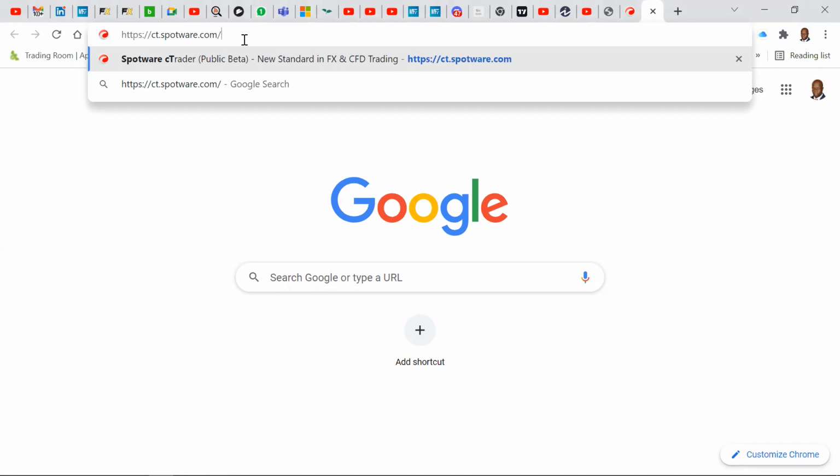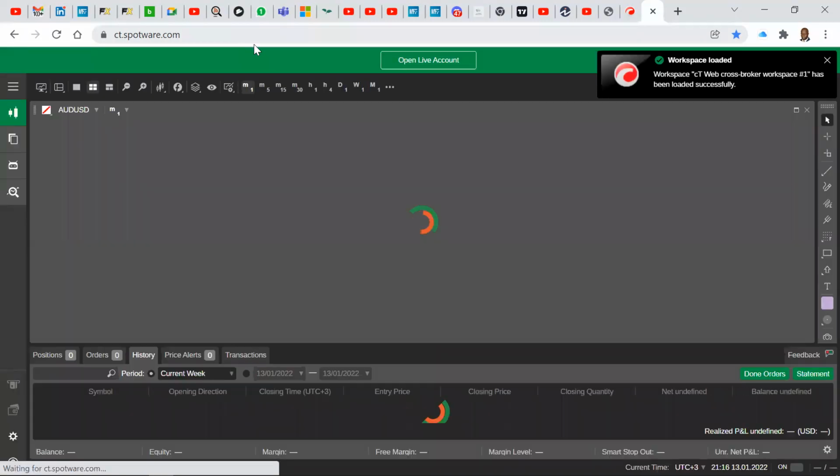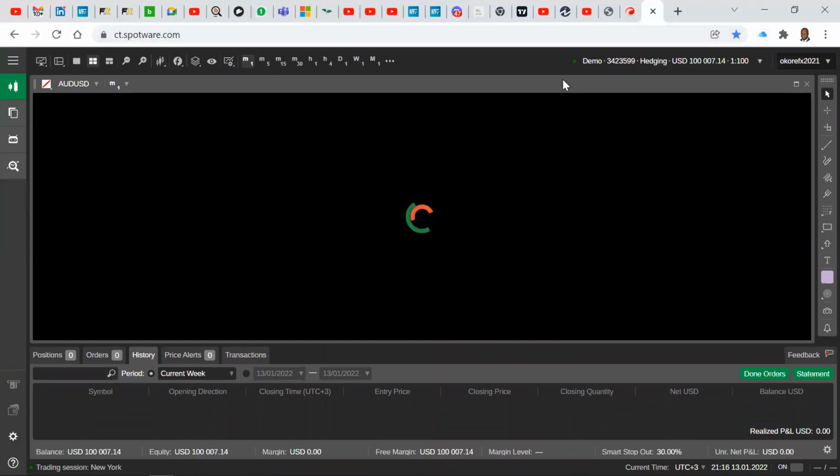So if I click on it, it will give us this spot.ctrader page. For the sake of Dan, ideally it'll ask you for your login credentials, but because I'm already logged in, it goes straight to it. Let me see if I can log out.